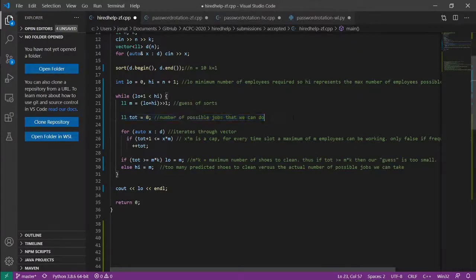Alright, so now we have a new variable called tote. Basically, what tote does is that it's our counter for now. We're going to use a for loop to go through our vector, and we're basically going to compare the two. This might seem a little confusing at first, but I'll go through it. So x times m is like a cap. Basically, it's our estimated cap of the number of possible